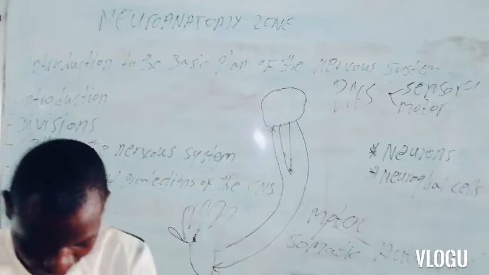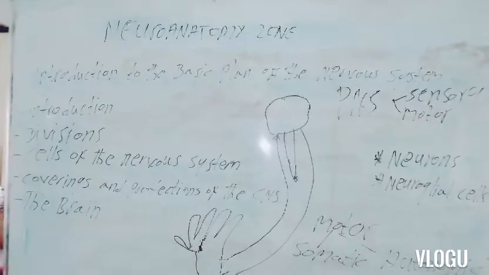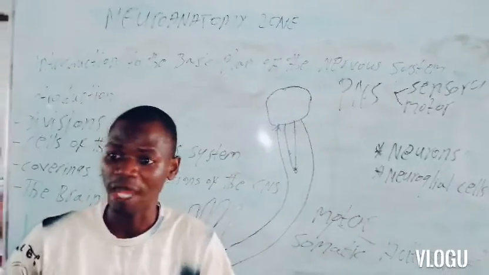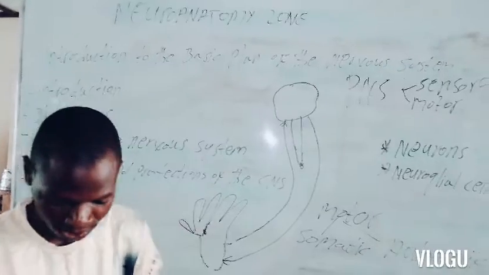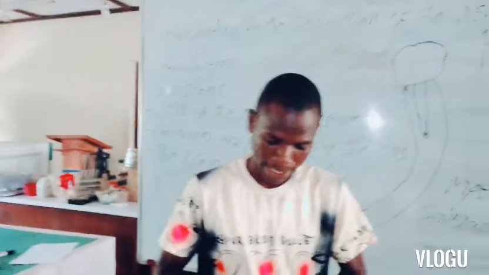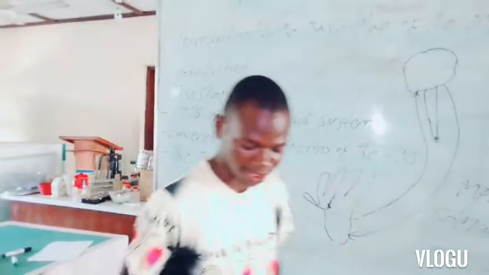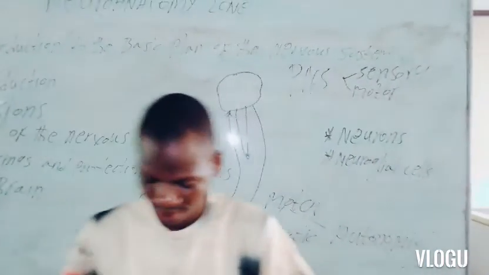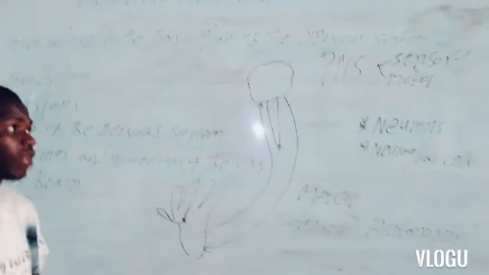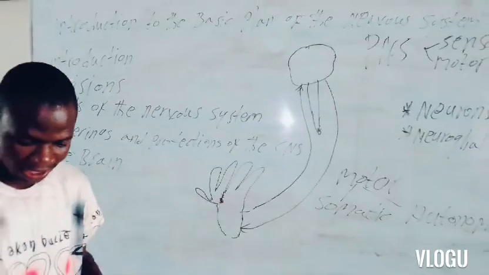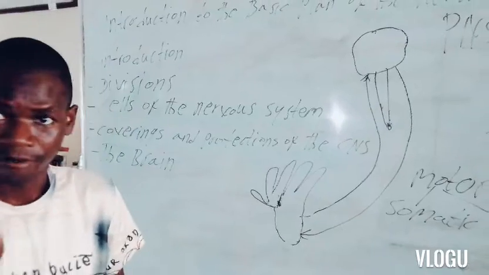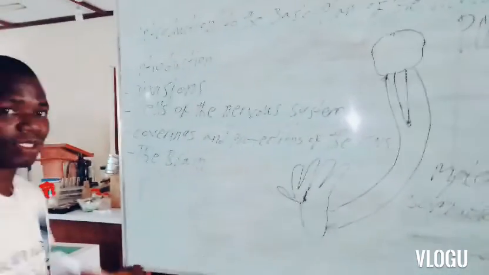Now, the brain. The human brain weighs about 1,400 grams. It constitutes about 2% of the total body weight. It is the organ responsible for thoughts, memory, and consciousness. The brain is also concerned with motor activities like regulation of visceral, endocrine, and somatic functions. It can be divided into three parts, which are